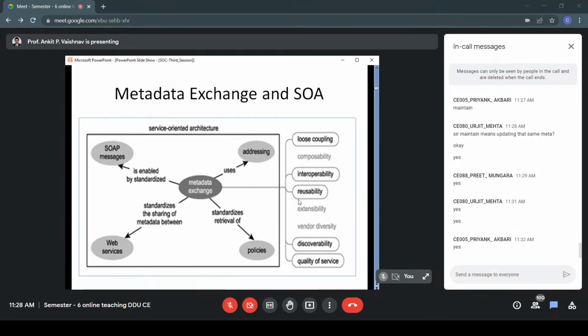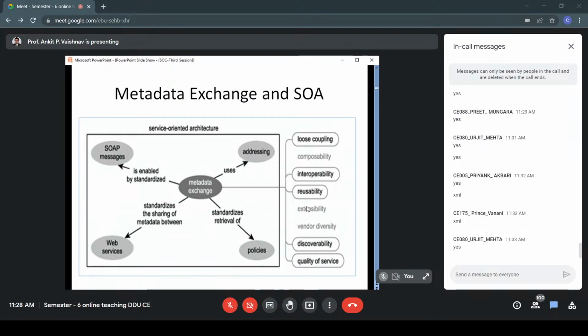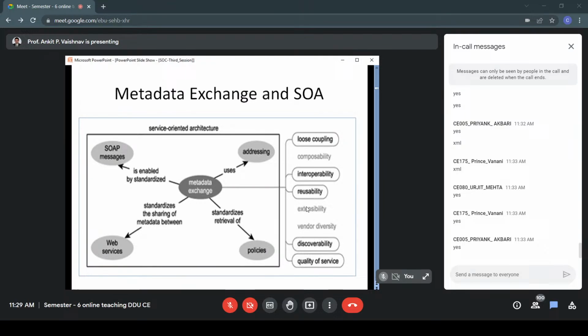So I think you remember that your app.config file is which kind of file that is getting generated once you add your service reference. On the client side, app.config is getting generated, and the type of that file is, can I say again XML? Yes. So can I say it is again platform independent? In other words, it does not matter from where you are getting it. Reusability, very important.